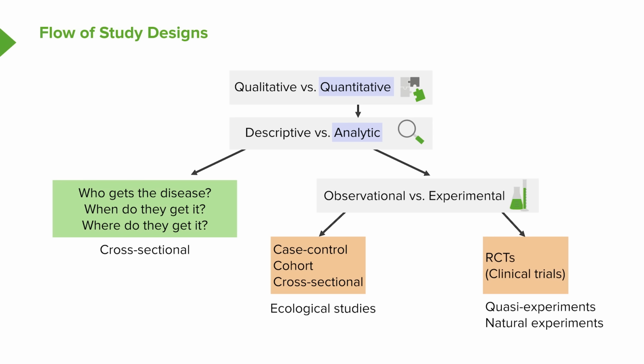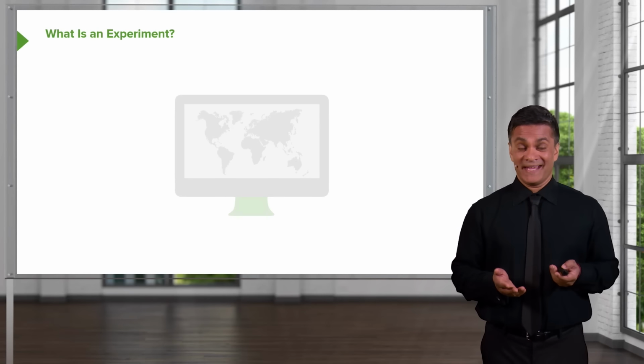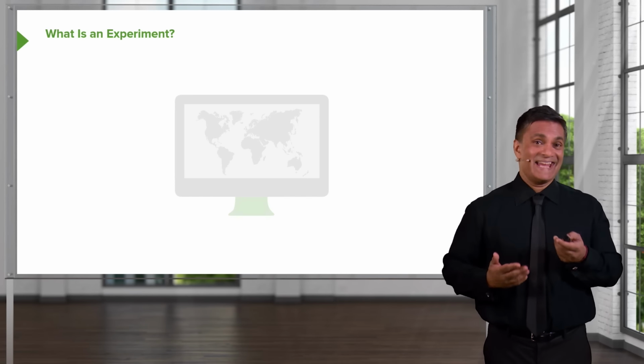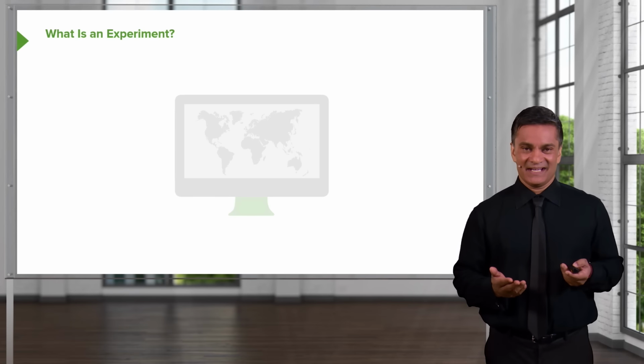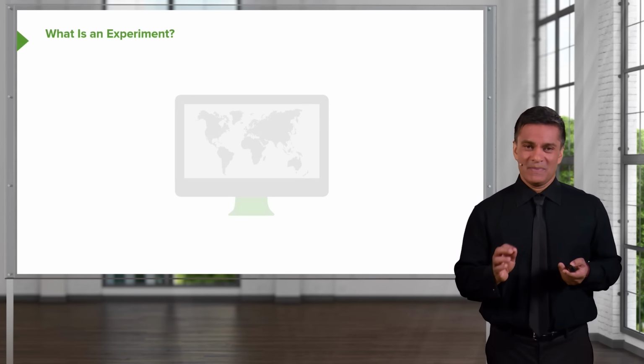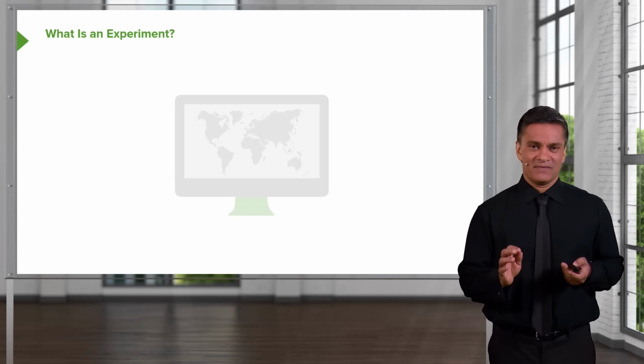The classical experiment in epidemiology is the randomized controlled trial, or the RCT, also called clinical trials. There are other kinds of experiments as well. There are quasi-experimental designs, there are natural experiments, and we'll talk about more of those in a future lecture as well. Now, when the layperson thinks about an experiment, they mean any kind of study, any kind of investigation. When epidemiologists talk about an experiment, we mean something very particular.